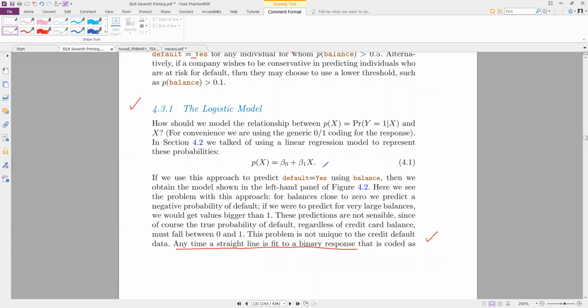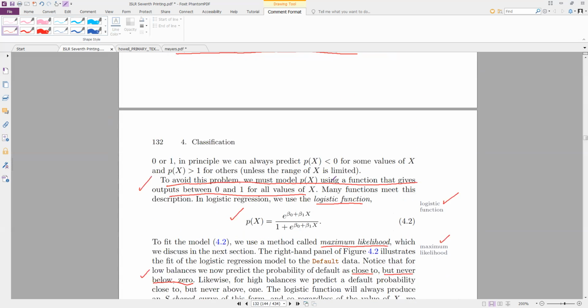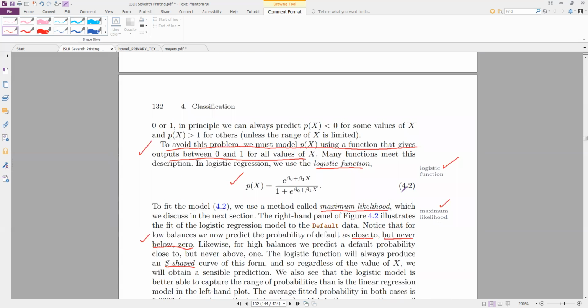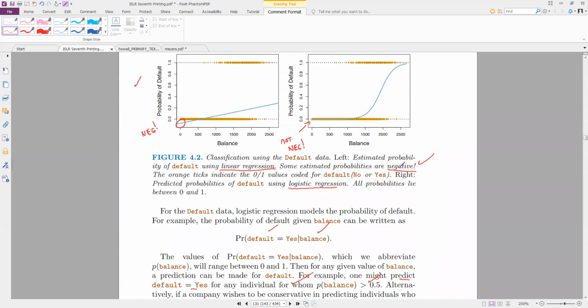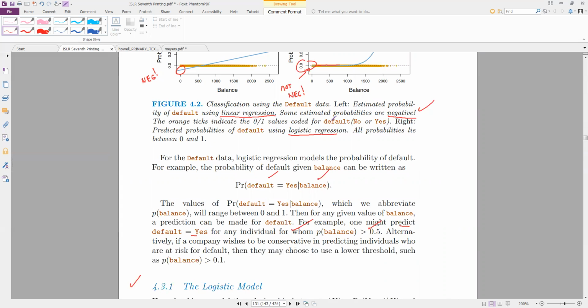So what we want to do is take the probability and convert it into a linear model. This is the idea. Now, let's look at how this works. We're going to use the logistic function. The logistic function is up here, and it's kind of like a sigmoid function. It rises for probability values, but notice they stay within the bounds of 0